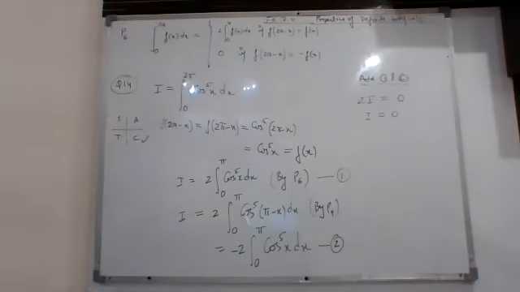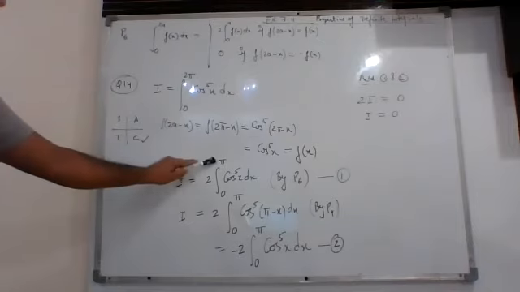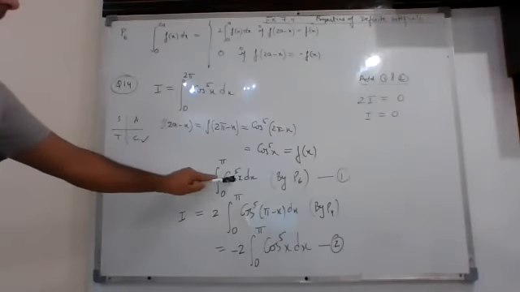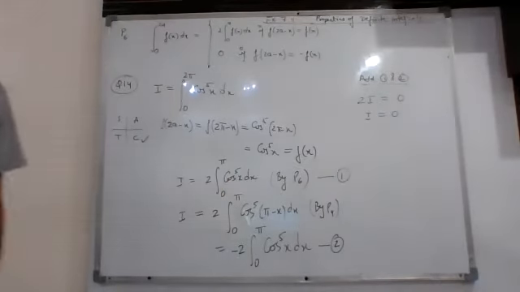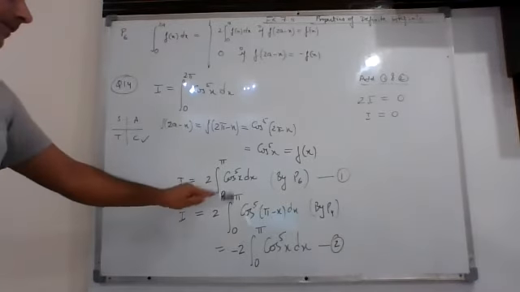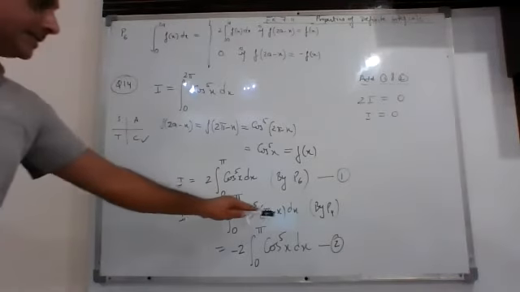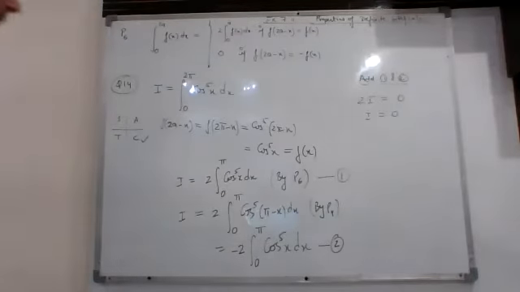So if it is f(x), then you can clearly see that this first definition is applicable. So I can be written as the integral from 0 to pi of 2 times cos to the power 5 x dx. This is by P6 property. Let us call it statement number 1. Now over here we will apply P4 property. So if in place of x you write pi minus x, this is what you will get. This is by using P4 property.